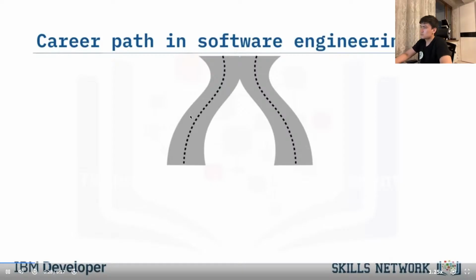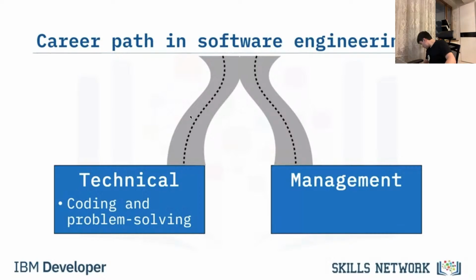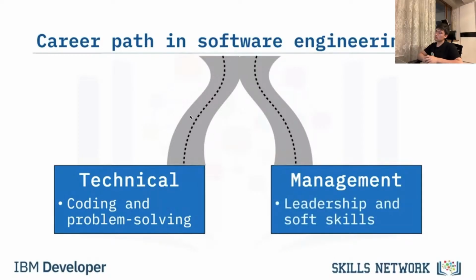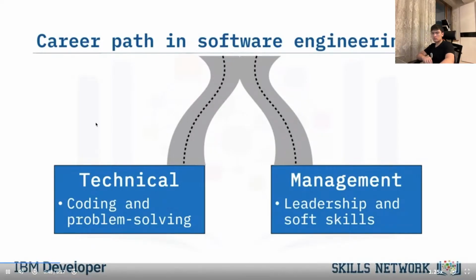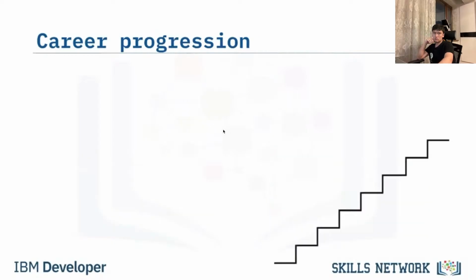It heads in one of two directions, technical or management. If you thrive on working with code and solving problems, then the technical path enables you to continue working closely with technology as your career progresses. Or if you exhibit strong leadership qualities alongside the soft skills of a good software engineer, you might progress on to managing a team of software engineers and the work that they do. So let's take a look at a common career path for a software engineer progressing on the technical or managerial path. Remember that different organizations will use different job titles, but the roles will be similar across the board.